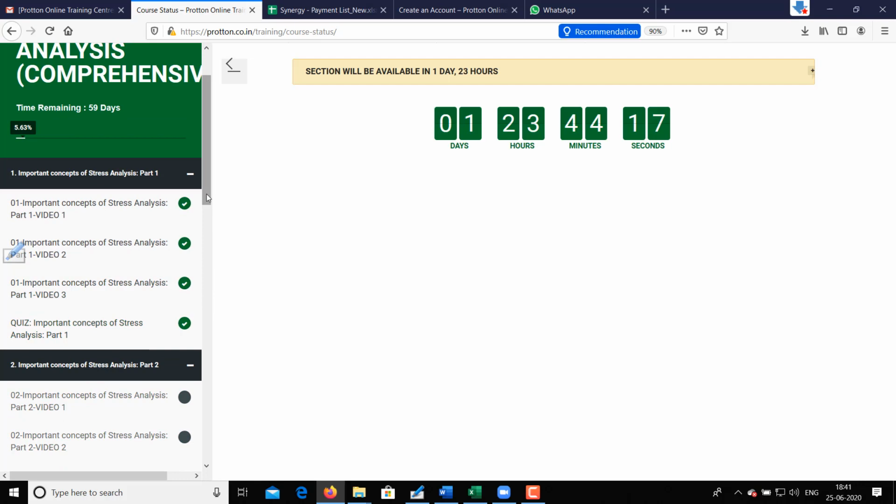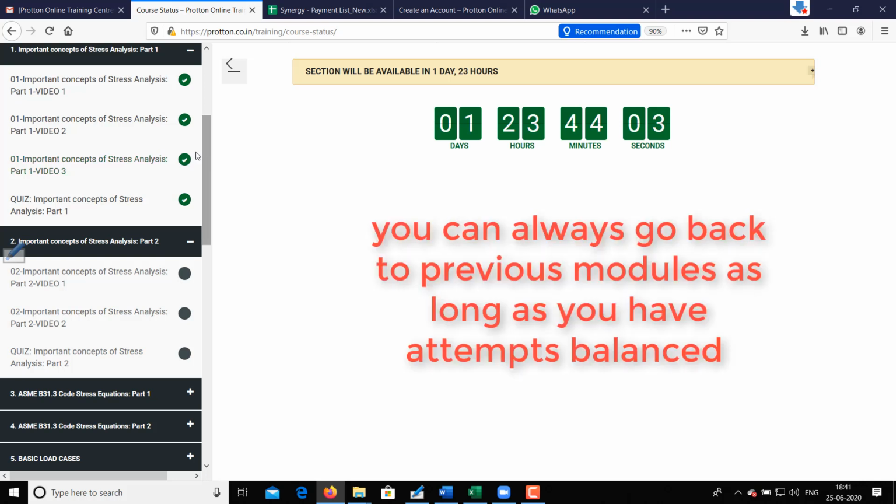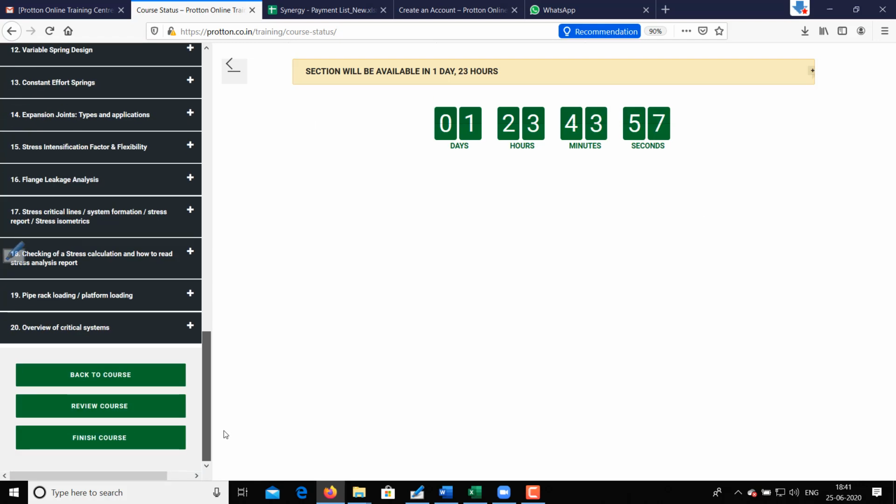Once module number 2 is activated, you take that module, and if you wish to go back to module number 1 again, you can still go to module number 1. So it's not that once you have done it you cannot return; if you still have attempts balance, you can go back. Now I scroll down here and I say back to the course.